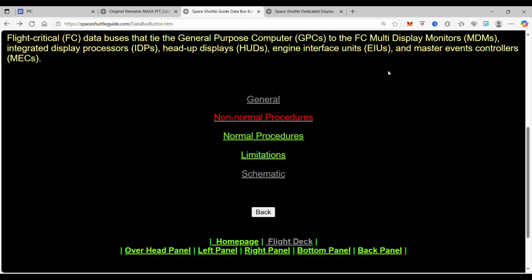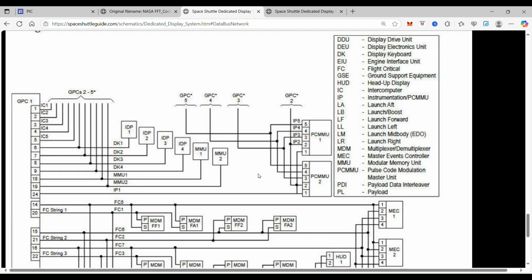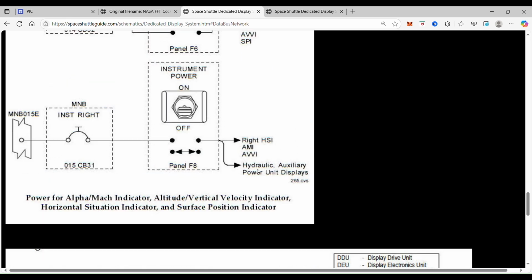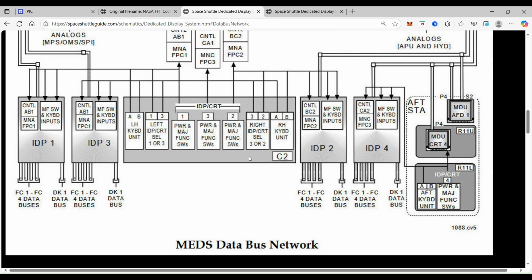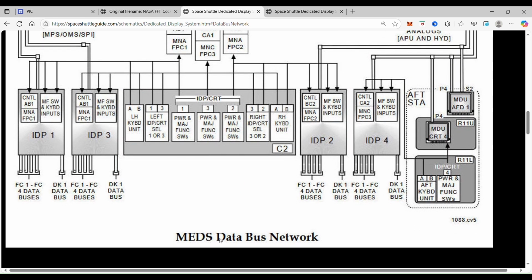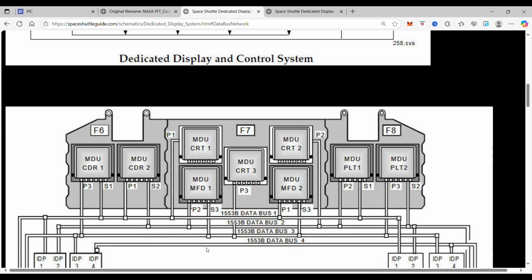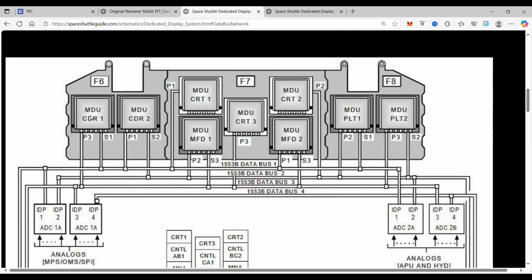So if you are a subscriber, even free, to my Patreon page, and you click on schematic, it takes you, I'll scroll up a little bit here, to the MEDS Data Bus Network. Now this is the whole network, as you can see here,